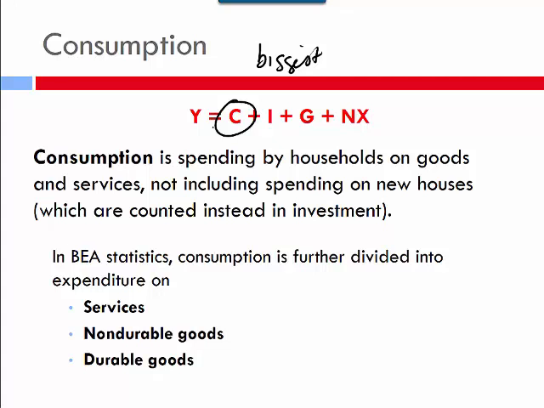And we look at those again when we're looking at economic indicators. We want to dig down a little bit farther than just saying consumption and look at what's happening with durable and non-durable goods. Generally, durable goods goes down during a recession, and then as we're coming out, it starts to pick back up as people feel a little bit more confident. So that's kind of an indicator that things are changing.